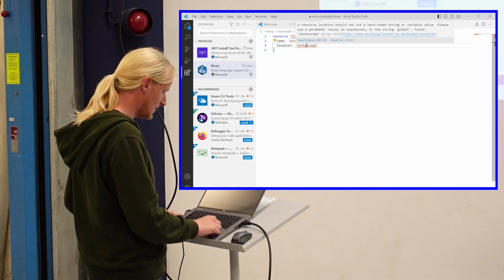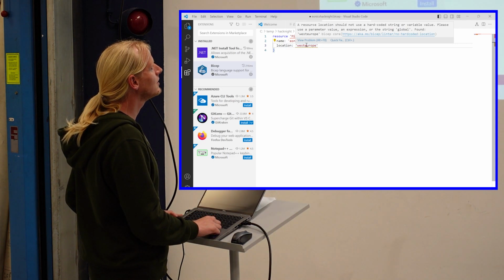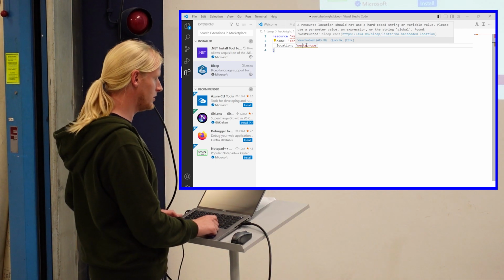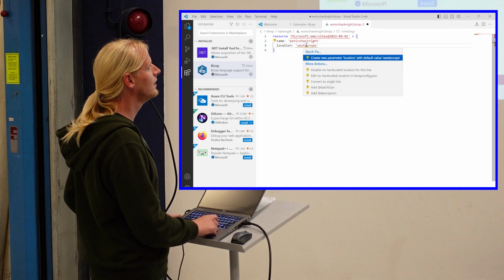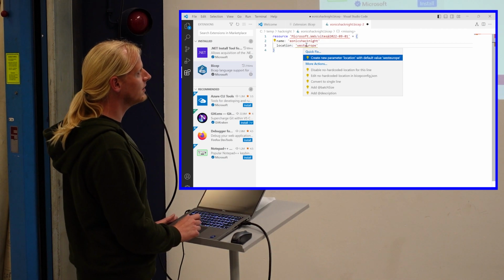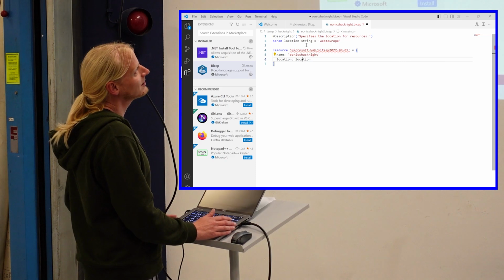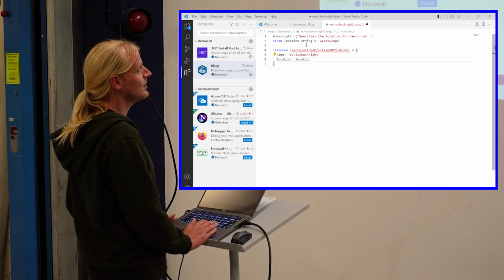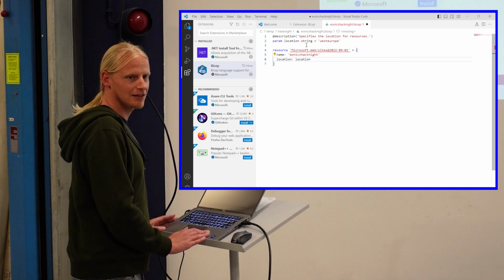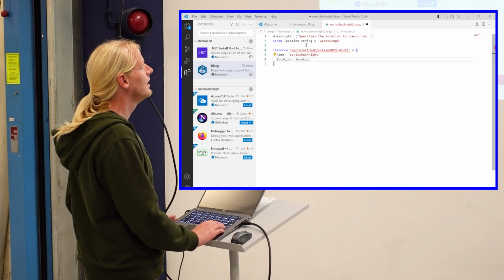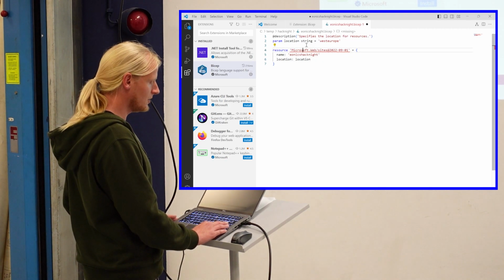I agree with that. You can use that light bulb icon, or I usually do Control followed by a dot. Then you get this menu, and you can say create new parameter with default value. Then it creates a parameter also with a description. That's really nice. I don't have to type that by hand. And here I also made a mistake.